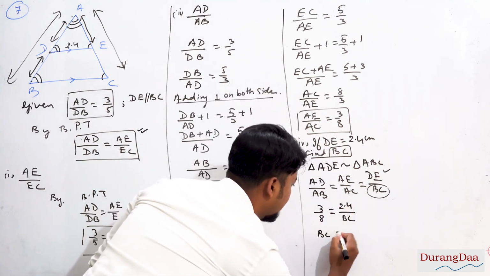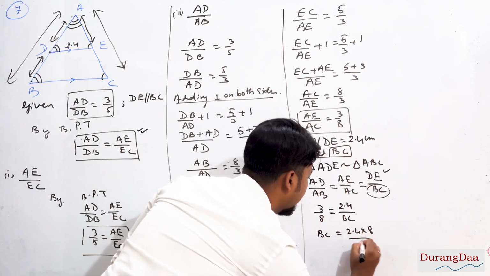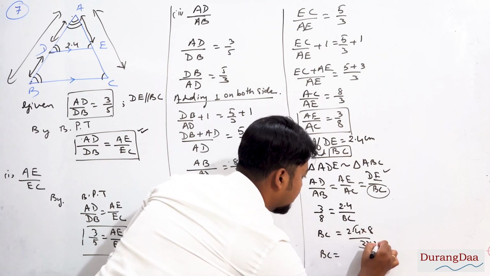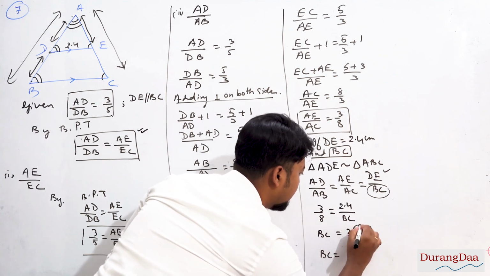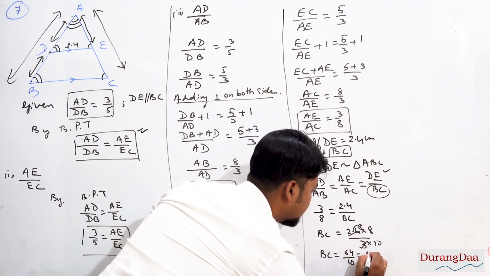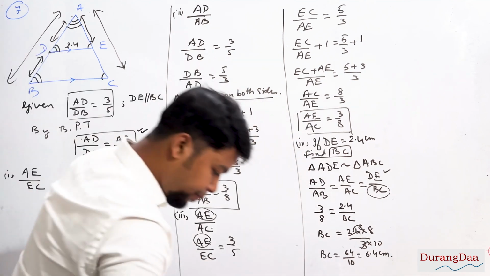So BC finally would be 2.4 into 8 by 3. So BC equals, cancel it, that is 6.4 centimeters. Alright, so fifth part,